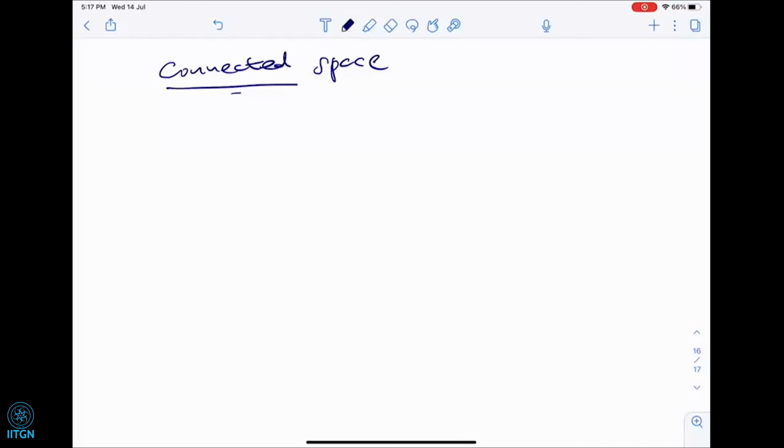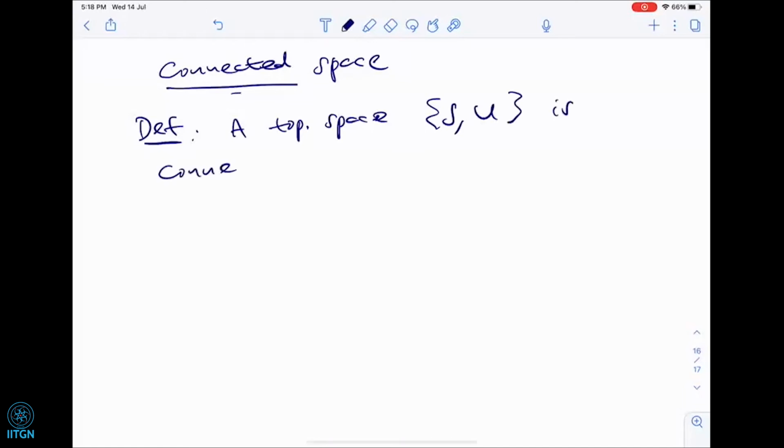And so we need to know what is connected, but we are in a topological space, we're not in Euclidean space, and we don't have that Euclidean space notion of connected and disconnected. So what should we do? We need a definition. So using the motivation, we give the following definition. A topological space S and its collection of open sets is called connected. This is a definition. This is what it's called if